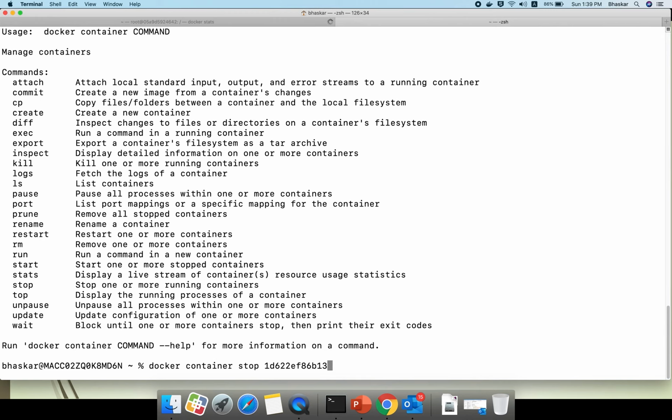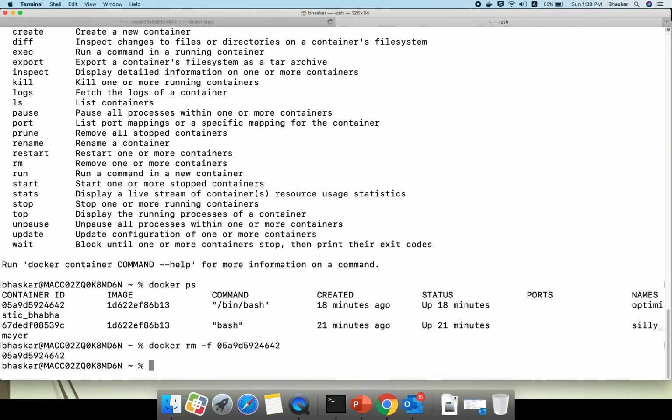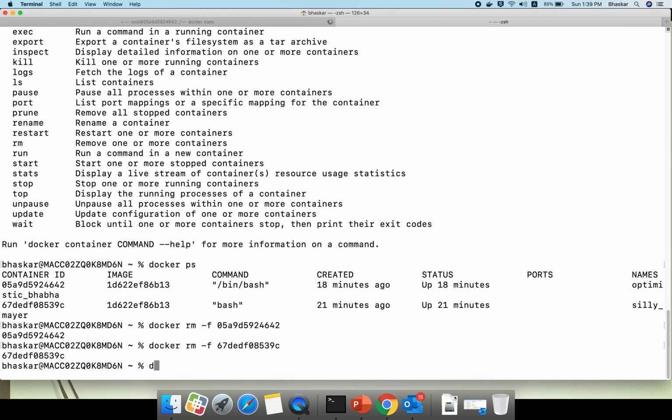Okay, what I will do, docker ps, I will try to remove this particular container. We'll see, are you able to? Yes, it deleted the container. If you want to delete the container, this is the command. Anyway, in the next section I will explain.